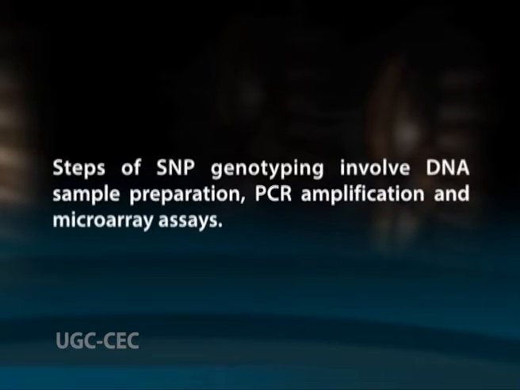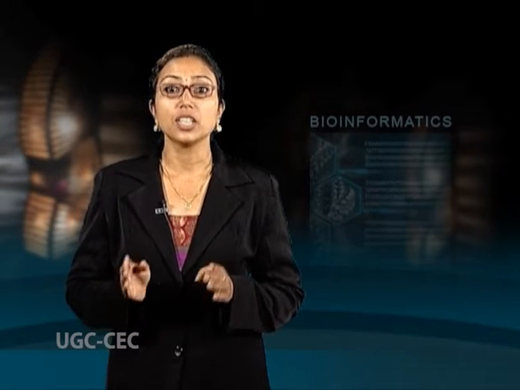The second phase of human genomics, the first being the sequencing of the human genome, involves large scale screening of different human populations for significant DNA polymorphisms. High throughput SNP genotyping is the process of quickly and cost effectively identifying the SNP values in as many different individual human genomes as possible. Steps of SNP genotyping involve DNA sample preparation, PCR amplification and microarray assays. The microarray technology must label SNP locations of both alleles in the DNA sample and determine the base values.